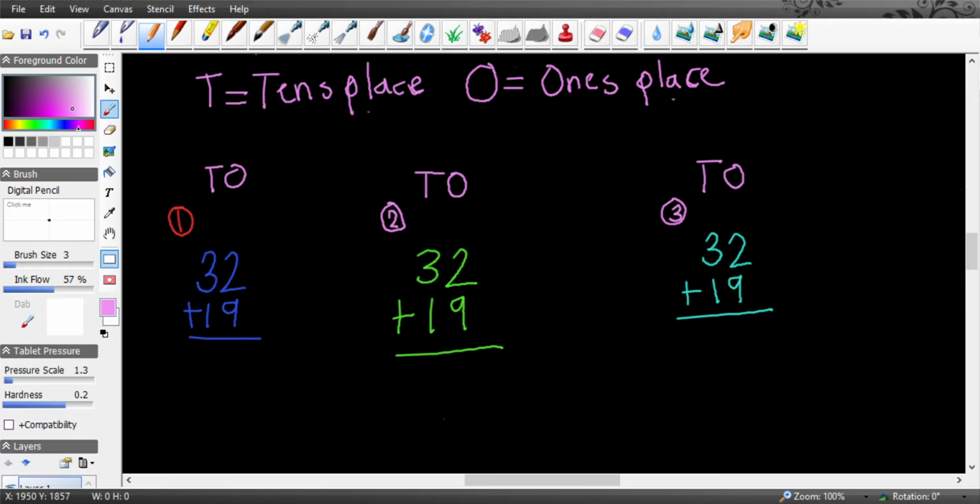So for step 2, we're actually doing something. We're going to add 2 plus 9. We're only going to worry about the ones place, not the tens place, just the ones place. And before you do anything